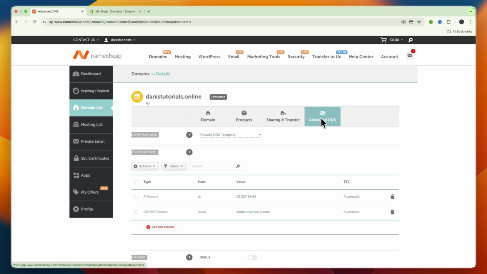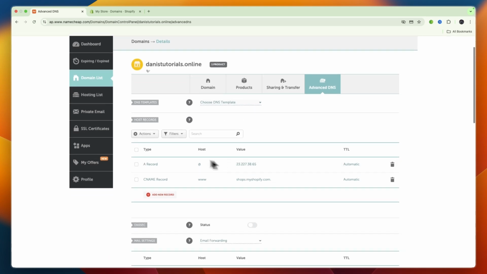And then a helpful tip: if you are connecting to Shopify, Weebly, or Wix, just go and click choose DNS template and then go and click on the one you're connecting to, and then it will automatically point the DNS toward that provider. Now, if it's not one of those, then just scroll down and here you now have